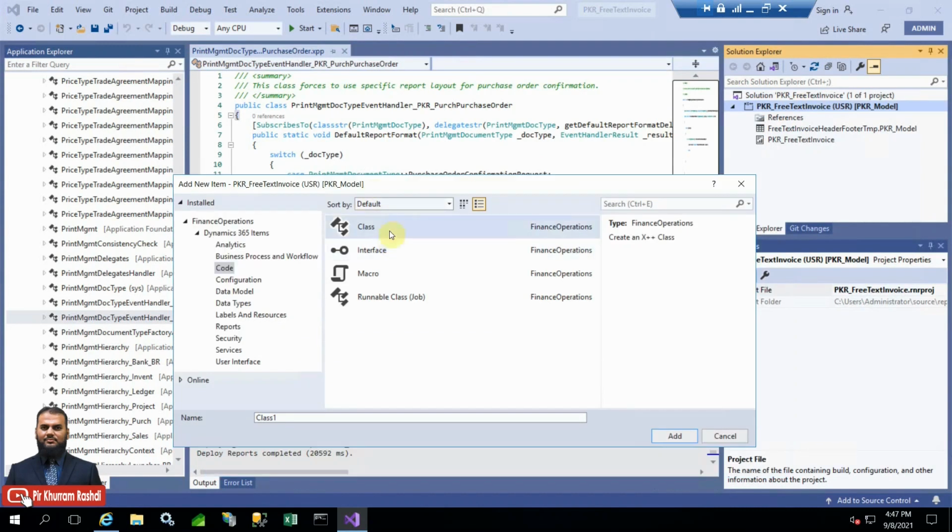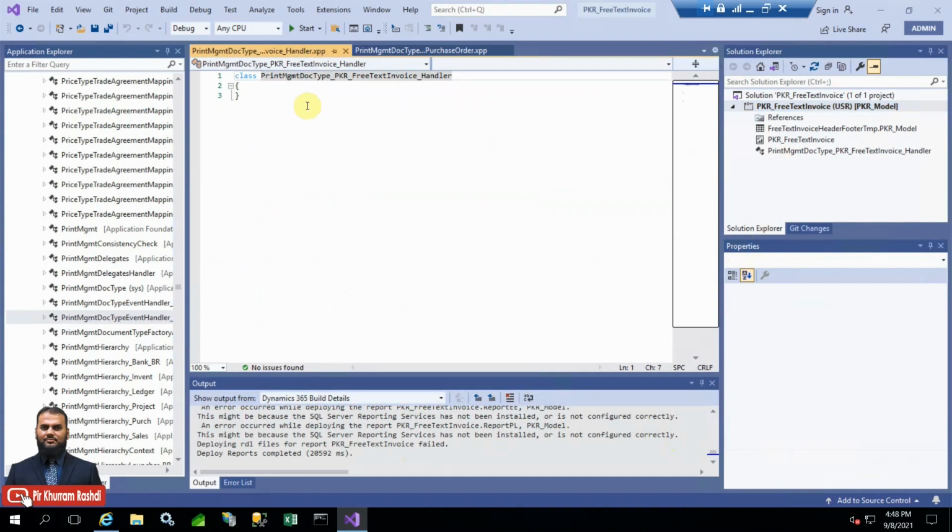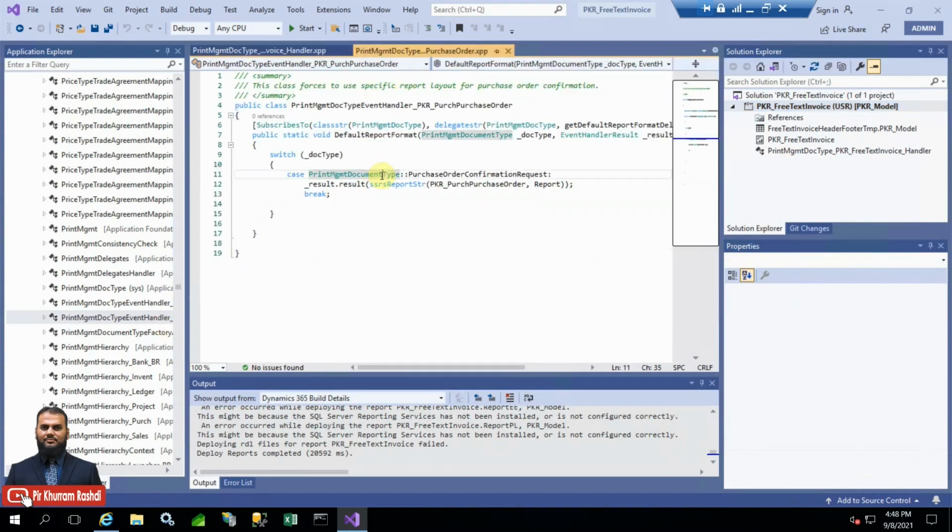So just choose class here and give it an appropriate name like print management doc type, and then you need to type the object, which is the pkr free text invoice in our case, and then you can make it like handler. Now the blank body of the class is placed. So go ahead with the existing one and